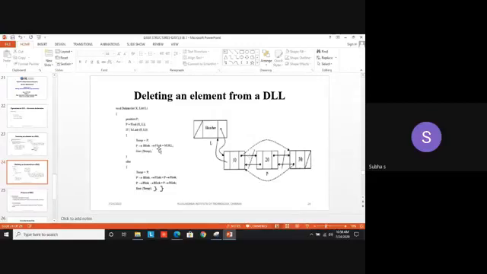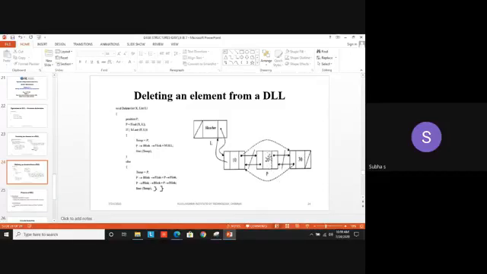Now, P arrow B link. What is P arrow B link? This one. P arrow B link pointing to 20. It's the F link. P arrow B link, arrow F link. P arrow B link is 30 pointing to 20 in the reverse direction. That is your B link. Its the F link is what? 20 pointing to 30. So the position next to 20, you have to make it as null. Got it? Then what you have to do? Free of temp. Don't forget that statement. Only if you free that particular temporary variable, the memory space will be deleted.